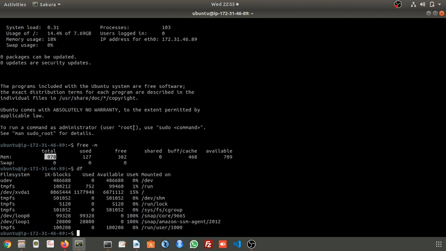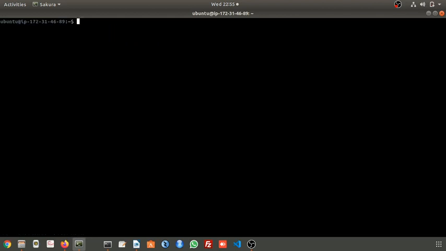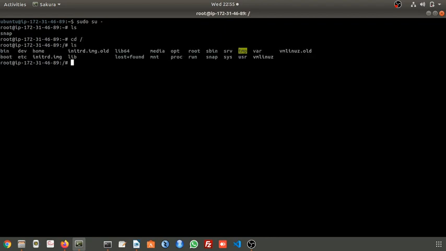You can perform various commands here. If you want to log in as root, sudo su minus. You can see the operating system files here. This is slash, the operating system related folders and directories. If you want to edit any file, you can edit here.